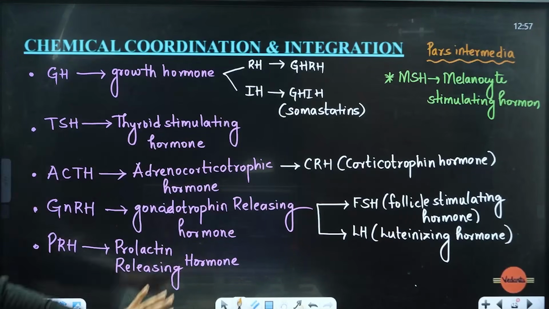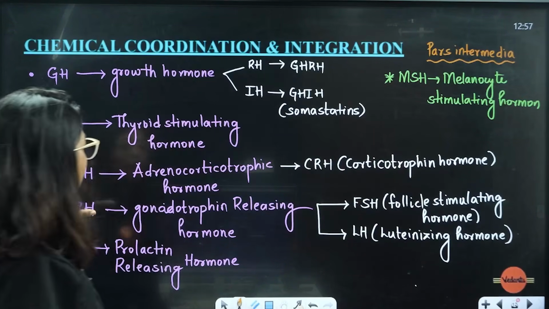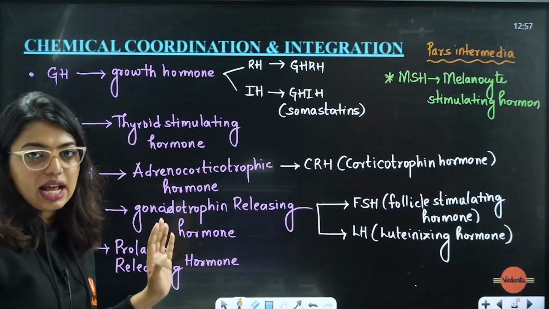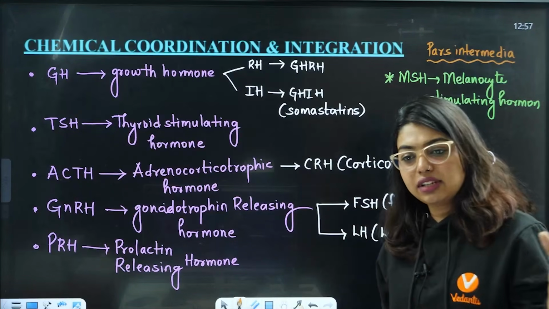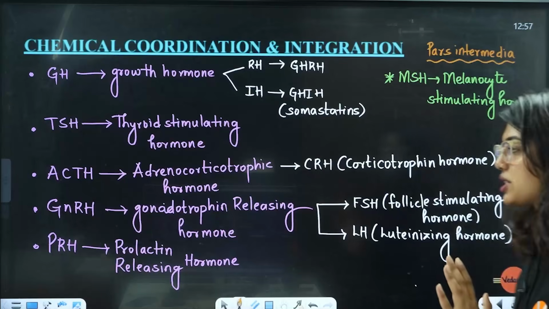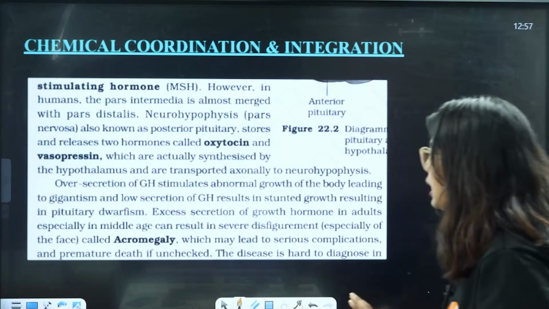This is all by the anterior lobe. Okay, please understand this much. That is only by the intermediate lobe. This is by your anterior lobe. So you should remember this. Anterior lobe is secreting so many things. So main job is anterior lobe only. And all the stimulating hormones, this anterior lobe is taking care so well. Okay, so well. Here students, second part, see here,